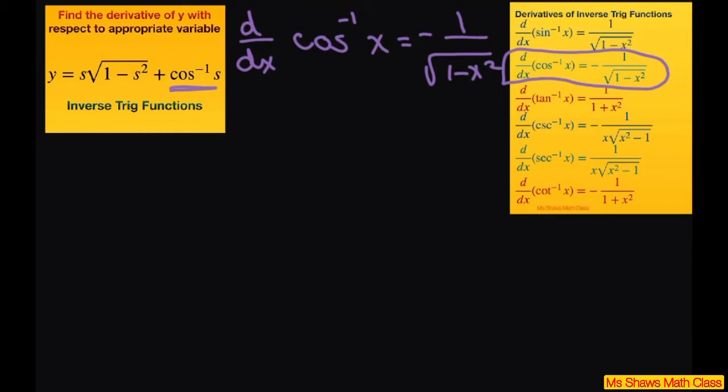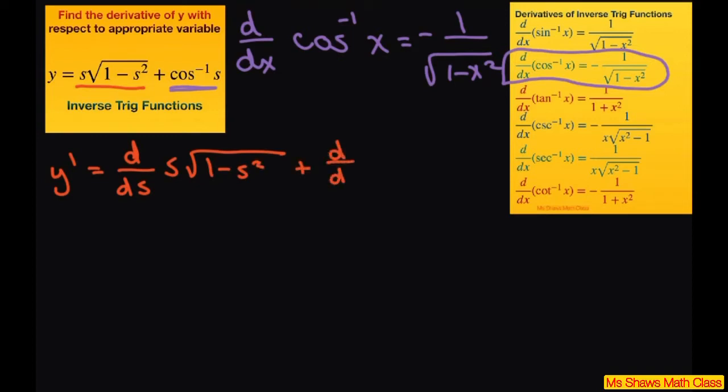So we will have s. This first term, we're going to differentiate. So we're going to have y prime equals, and you're differentiating with respect to s of s times the square root 1 minus s squared plus, we're going to differentiate with respect to s inverse cosine of s, and that's where we'll use this formula. So this part we're just using the product rule. So you take your s